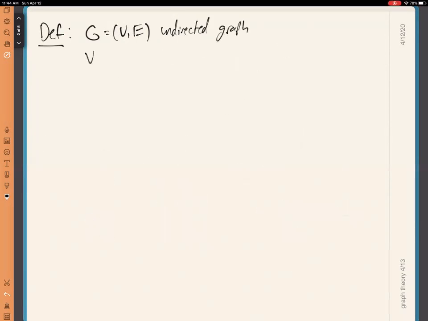Right. And let's label the vertices. Well, it's going to have some finite number of vertices. So let's label them V1, V2 up to Vn. Right. So the adjacency matrix is the matrix which has, well, it has n rows and n columns, so we say it's an n by n matrix,